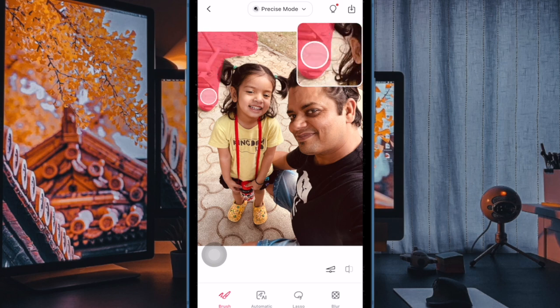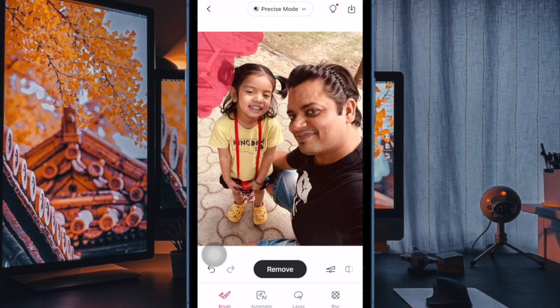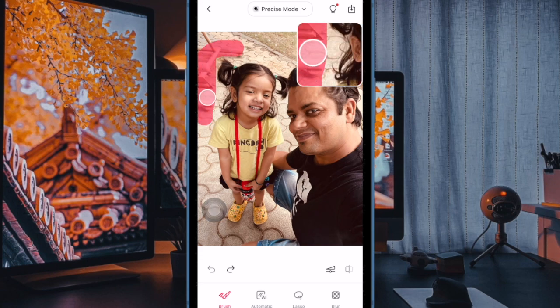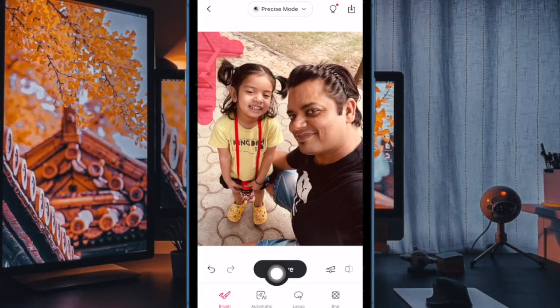Next up, you have to drag your finger on the object that you wish to get rid of. Make sure to drag your finger on the object multiple times until it is completely hidden. As you drag your finger on the unwanted objects, you should see a live preview that is designed to provide a better idea. And once you have hidden the unnecessary objects, make sure to hit the remove button at the